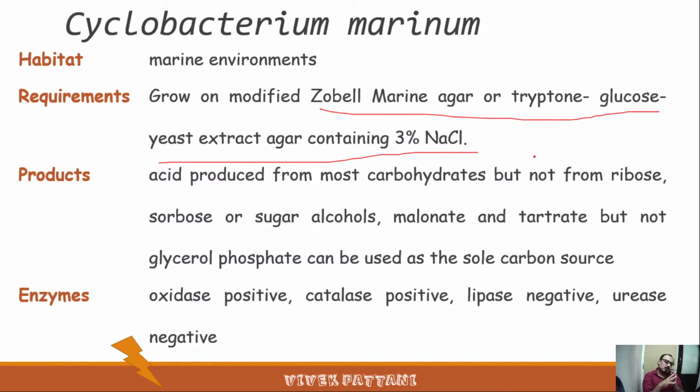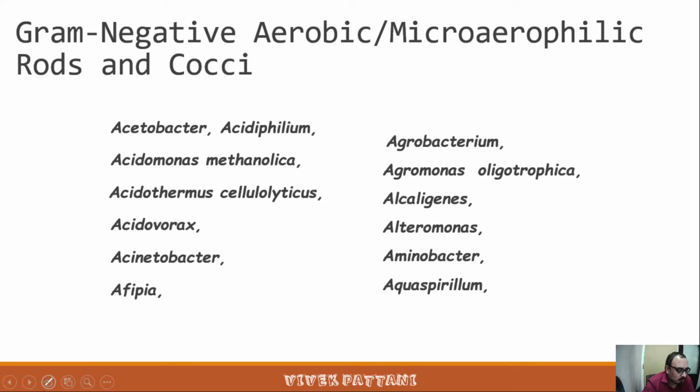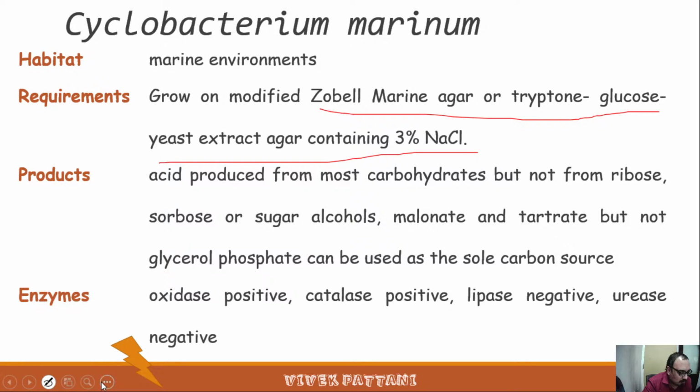As we go through various aerobic bacteria, you may have seen one thing in common: pure obligate aerobic bacteria generally are oxidase positive. So keep in mind this term, oxidase positive, and some are even catalase positive in common, in the case of aerobic bacteria. So I'm going to end my lecture now.